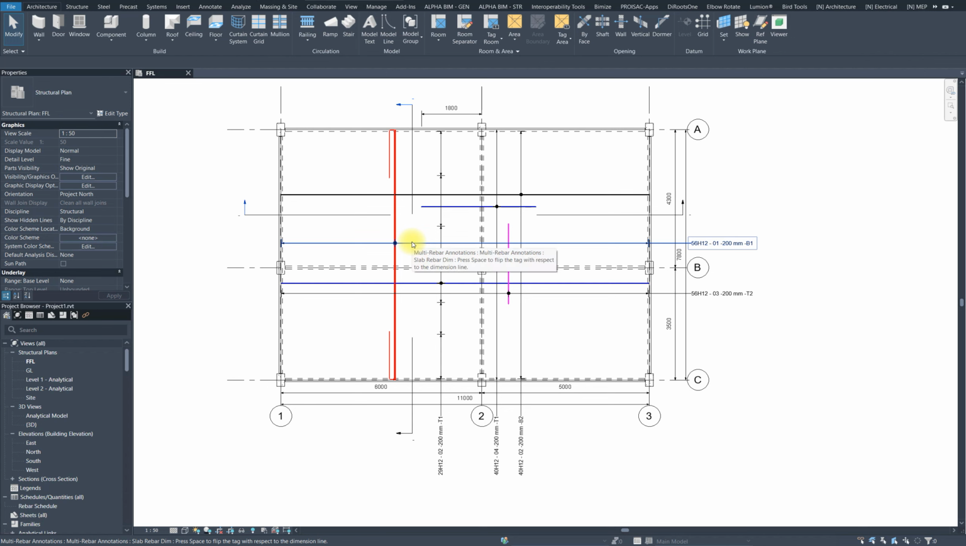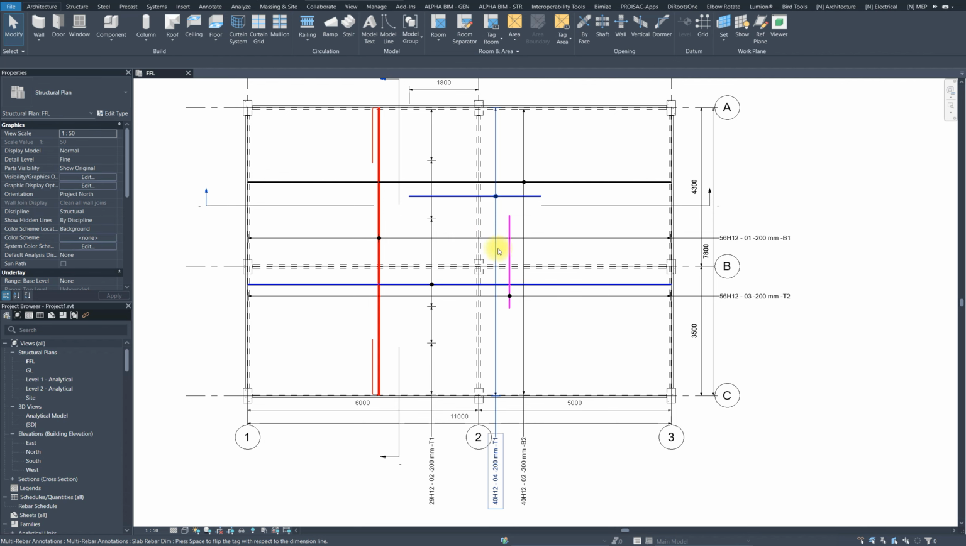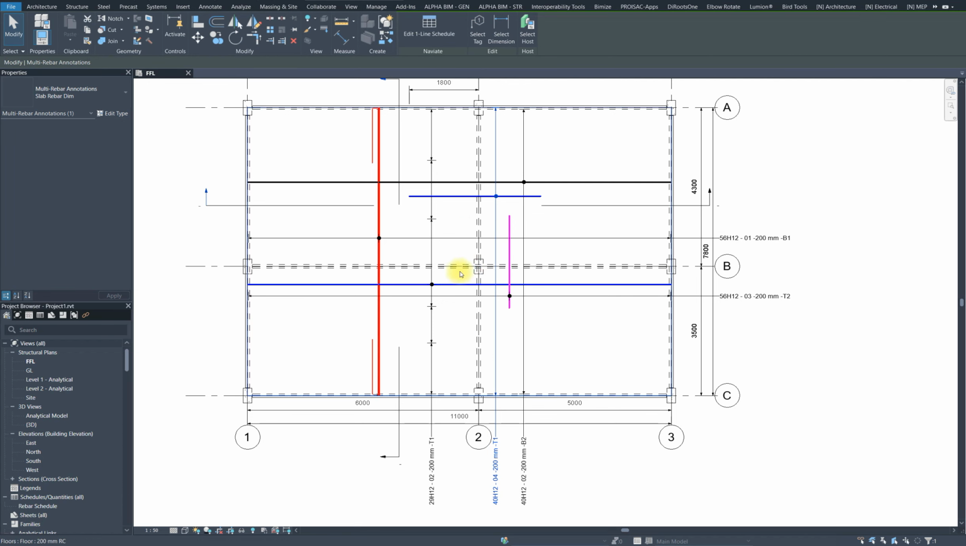Okay, so let's continue with this. Okay, I think also we may have to fix that, but well,